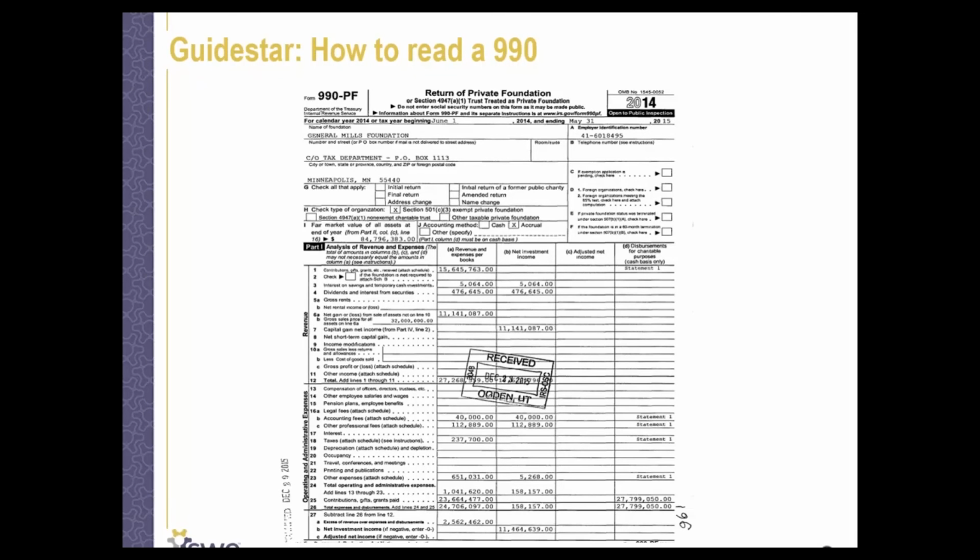On the first page of the 990, you'll be able to see the total revenue and the total expenses and grant distribution for the foundation at large. This will help you understand if you are working or approaching a fundraising entity that has a significant impact or maybe has a narrower impact and only funds a few select programs each year.